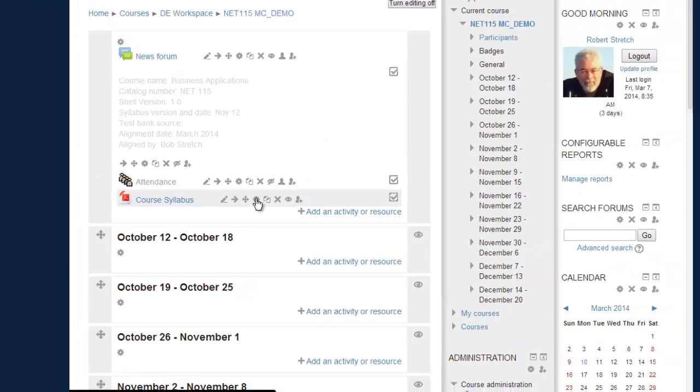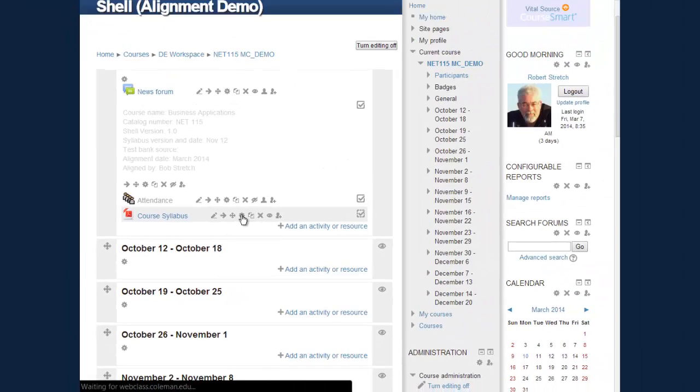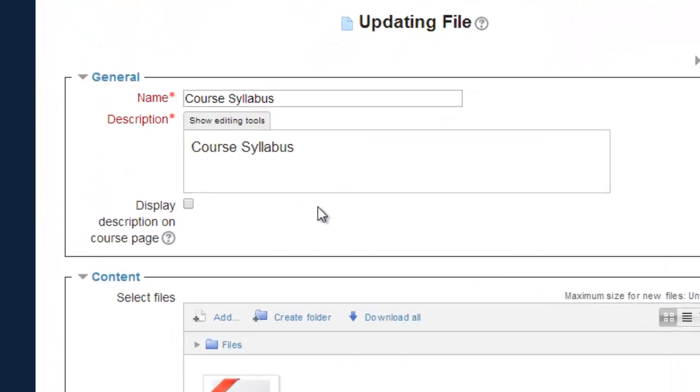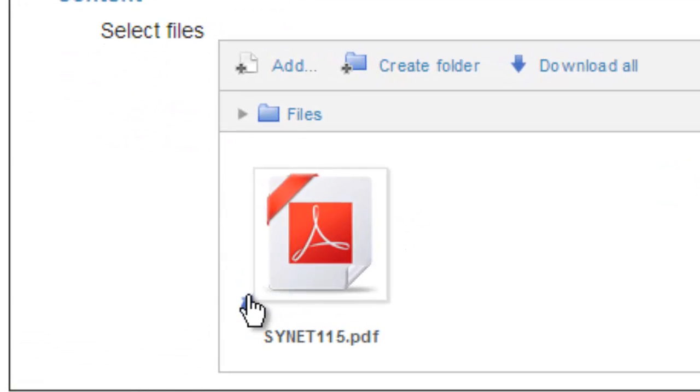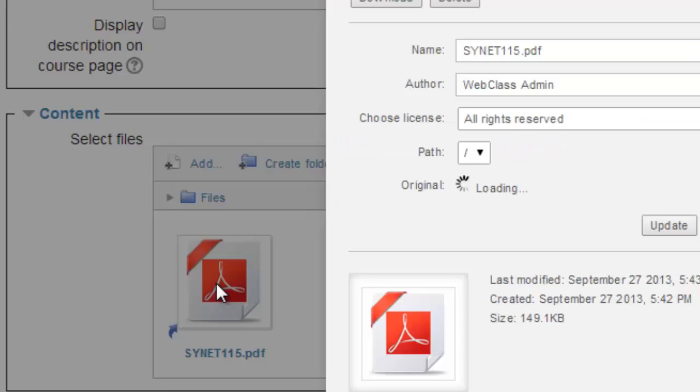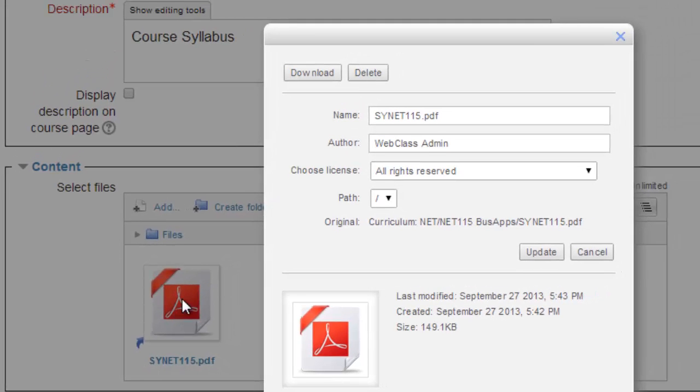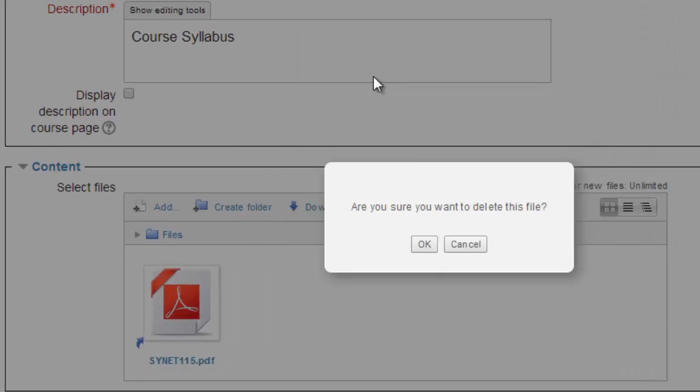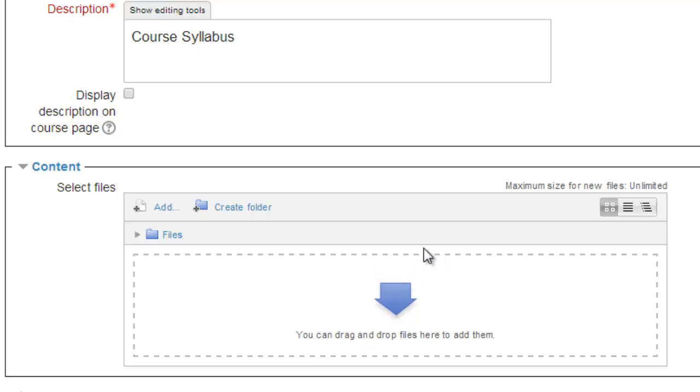To do so, click on the gray gear icon associated with the course syllabus. On the page that appears, look for a small blue arrow next to the syllabus file. If it exists, then the file is already properly linked and your job is done. If you're not sure, or if there is no arrow, simply delete the syllabus and re-add it using the Add